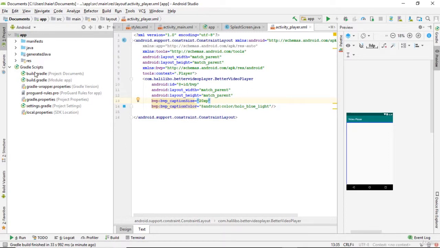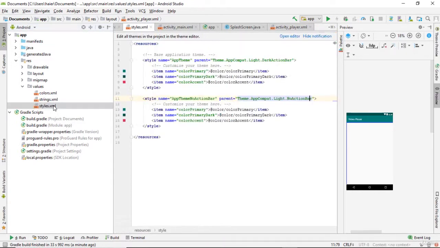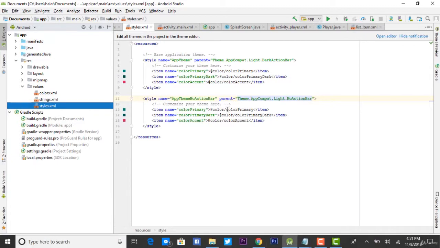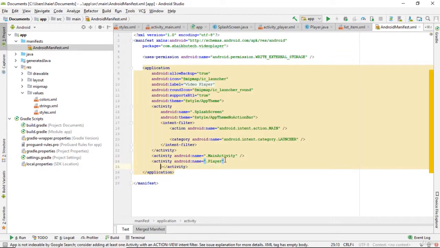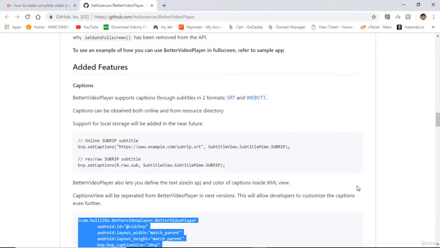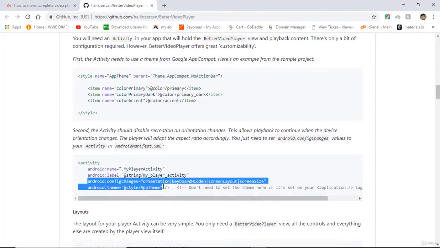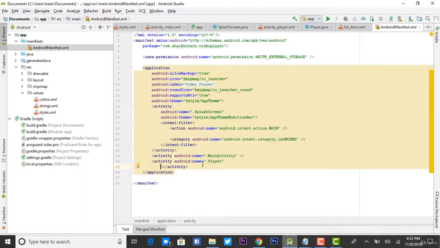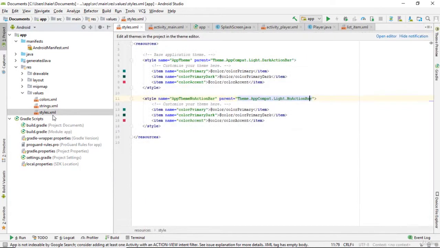Next, if you remember one thing that in the previous video I asked you that we need to change this activity a little bit in the manifest file. For that, get there and go to GitHub and copy the required things which we need to change. We need to add these two lines. Copy these two lines and paste right here, and instead of app theme, add app theme no action bar, which we have created in styles.xml, this one, this activity. Alright,